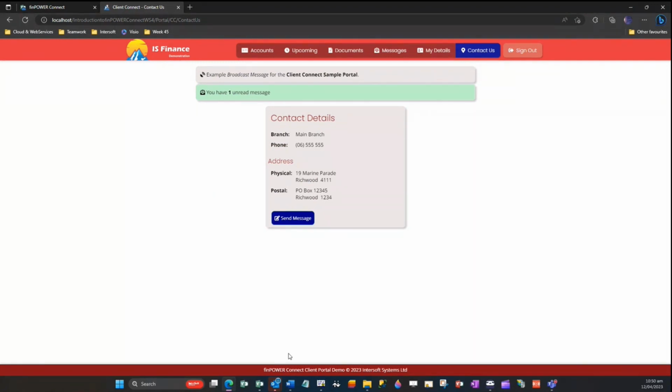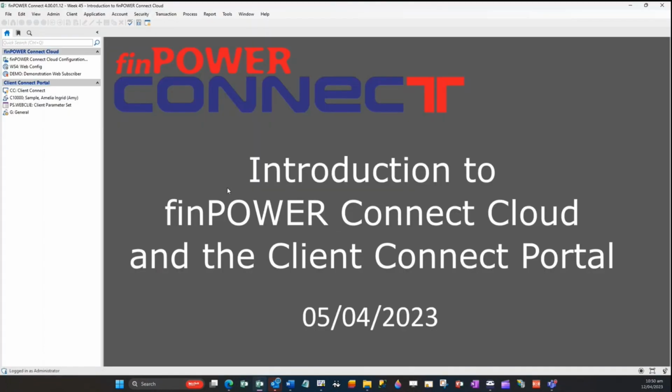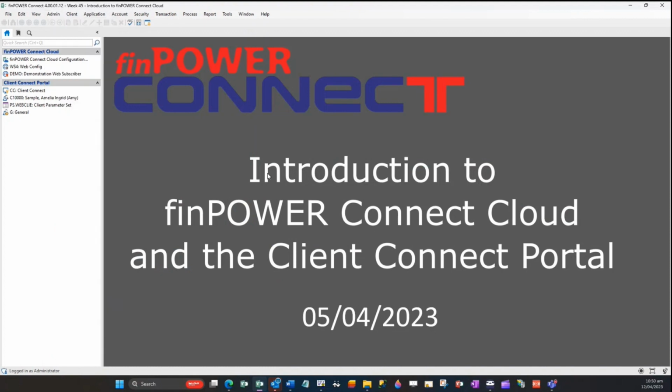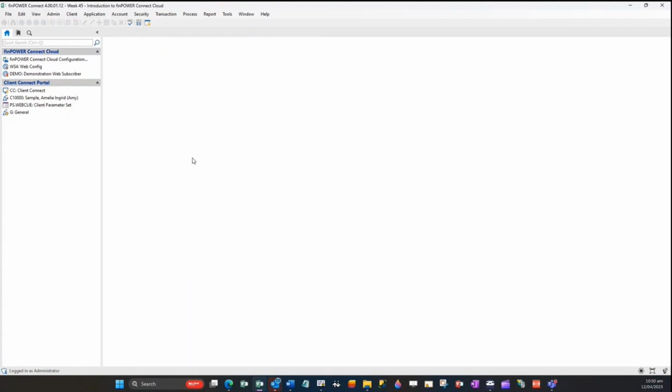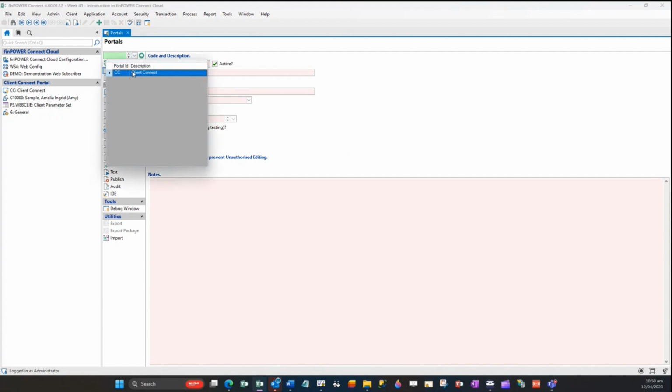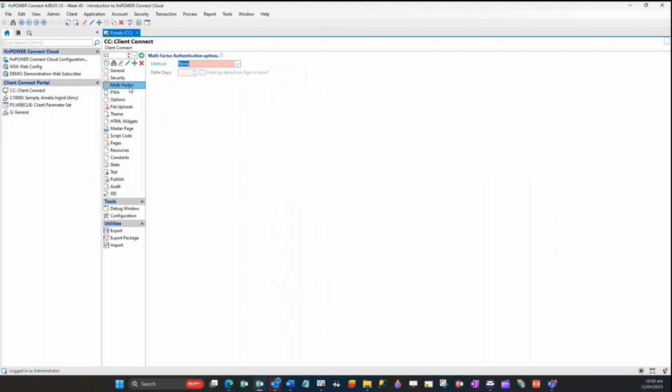If you're licensed for portals, you can customize your Client Connect portal via the admin menu, Portals. Some configuration options are also available via the Web Services Web Admin login. The admin library has some very technical aspects to it, including the ability to complete custom coding at a page level and widget modification. So we won't be covering those parts today, but there are a few things I wanted